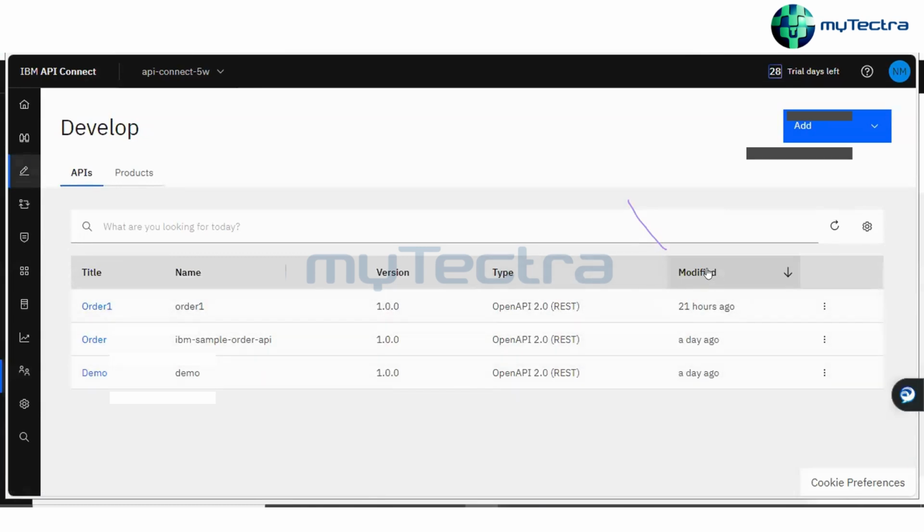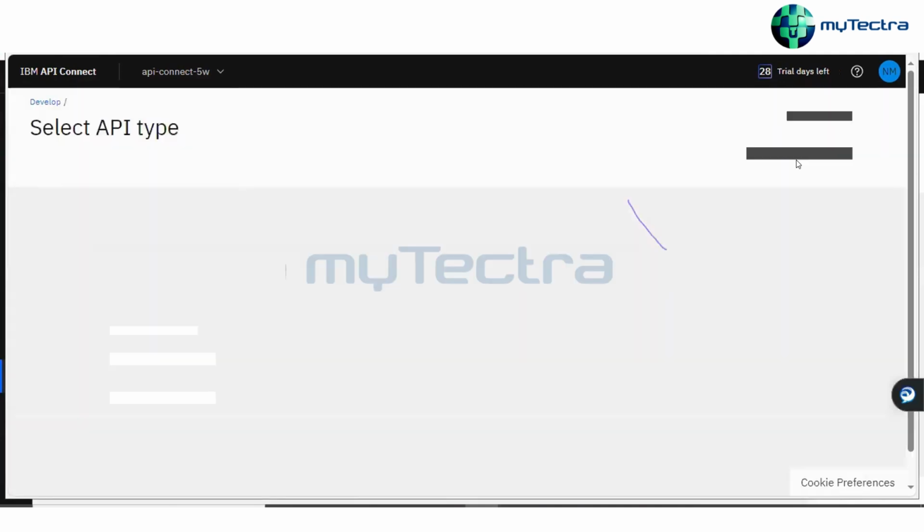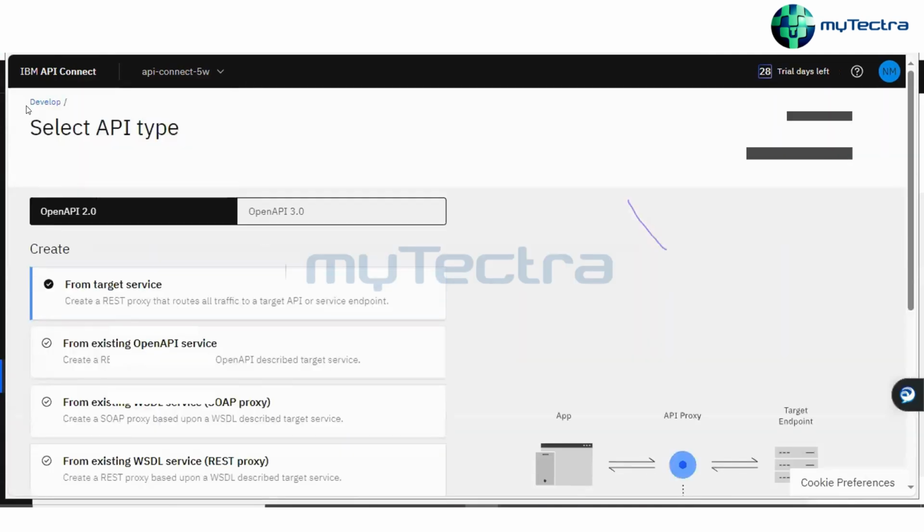Even those APIs you can also create. There is an add option coming. Even this is not coming when you just click on the view option. This is because you have created it using that one,